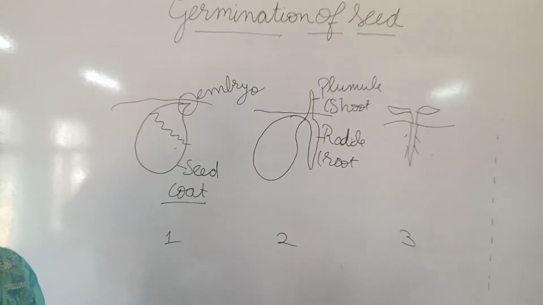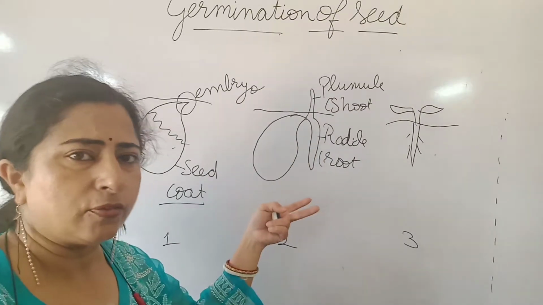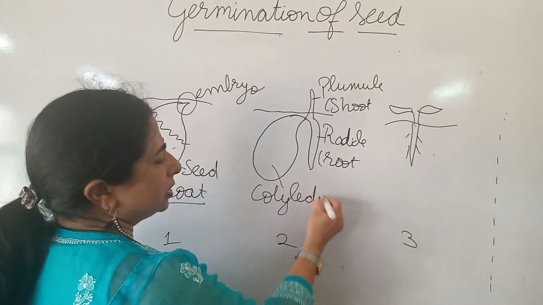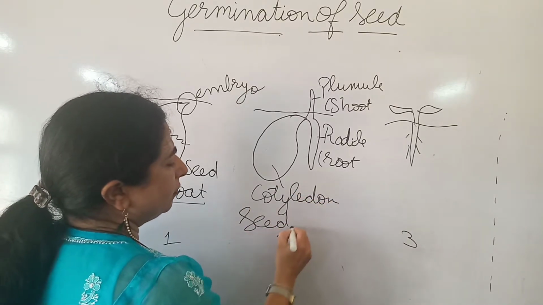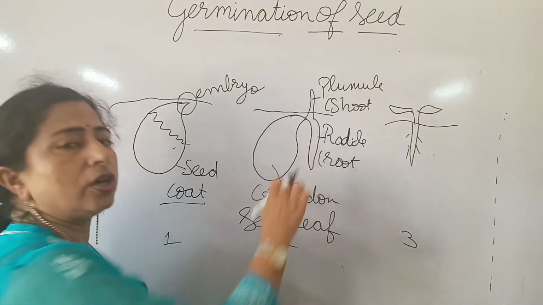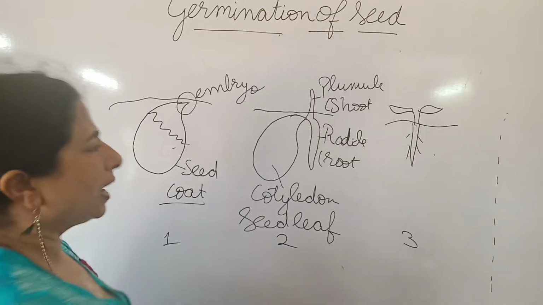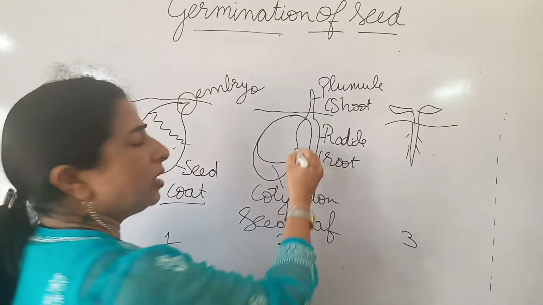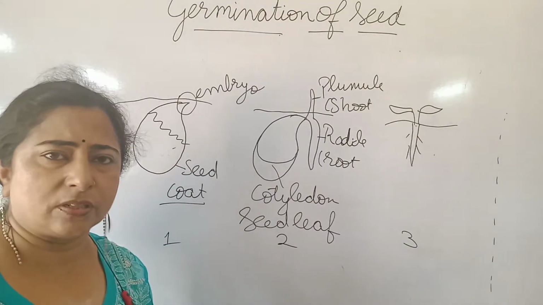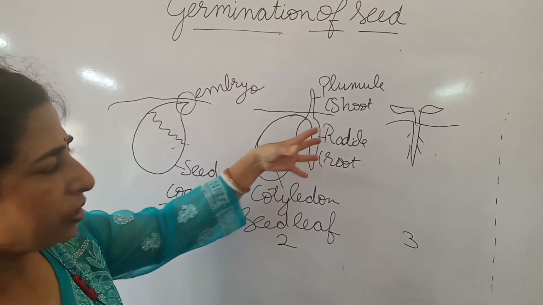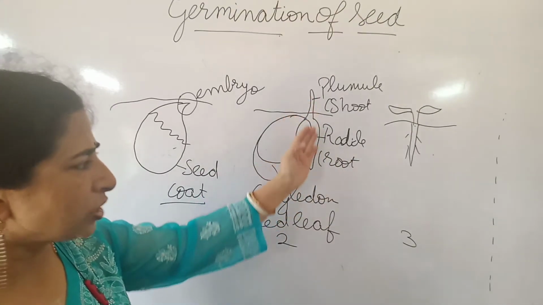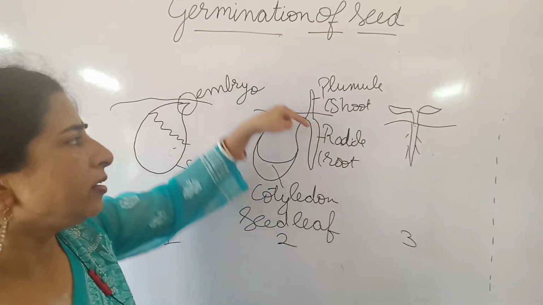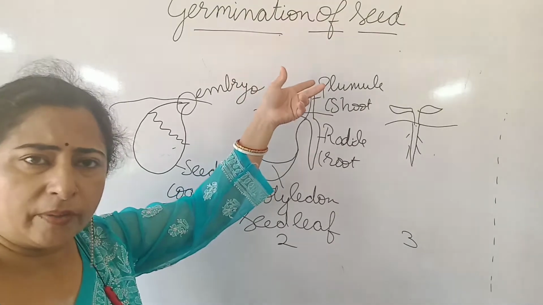These are developed, and when they are growing, how do they get food? They get food from this, which is called the cotyledon or seed leaves. Seed leaves provide food to the developing embryo. Because it is providing food to the developing embryo, the cotyledon will shrink and finally disappear. And the radicle, because it is going to form the root, starts growing downwards. And the plumule, because it is going to form the future shoot, starts growing upward, above the soil.